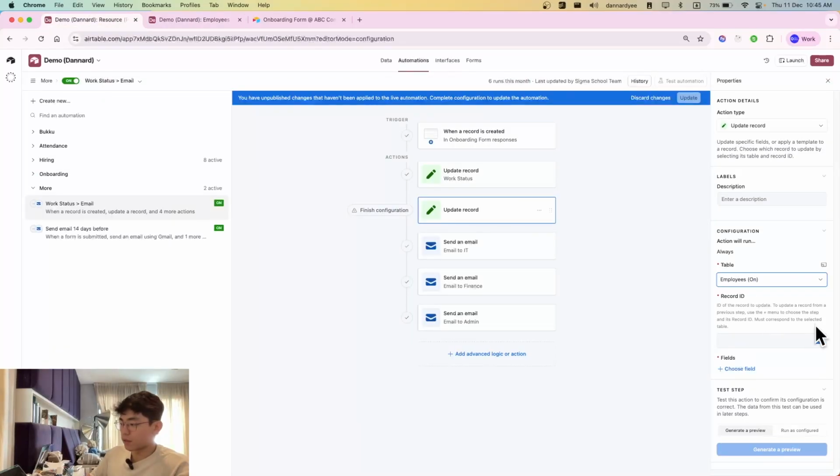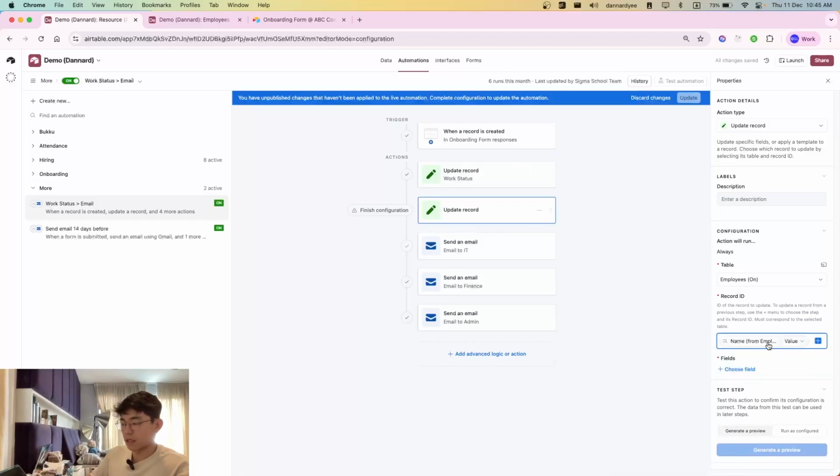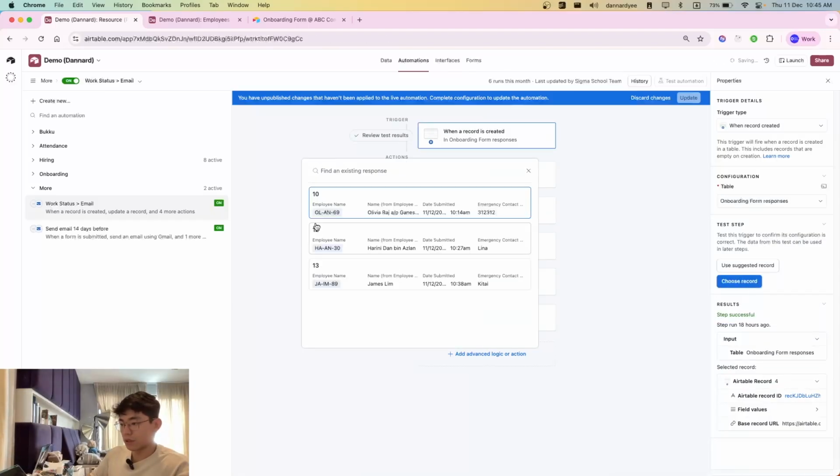So when we fill up this record ID, we can always just select the record that was created, based on the employee name value. In this case, it's test data, so it's Harini. But if you do choose a record as